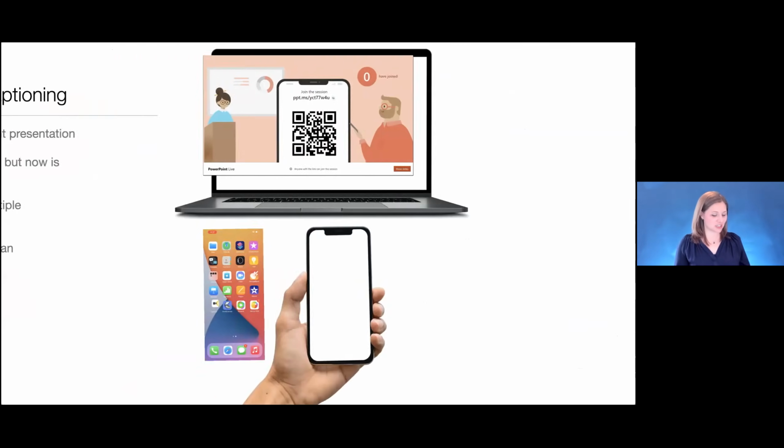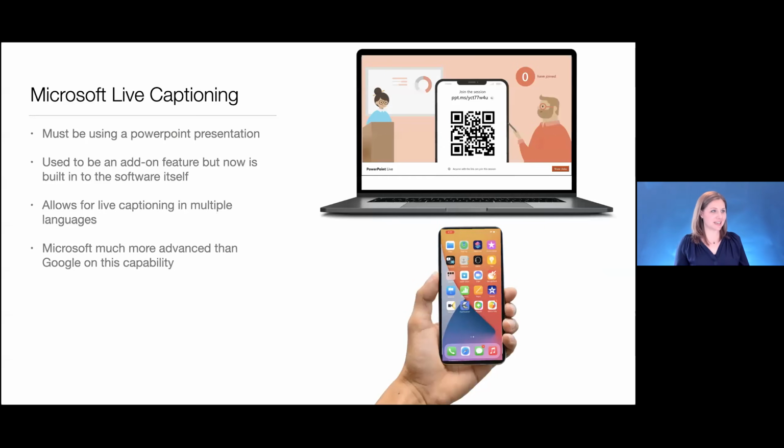And then the last one I want you to see before we stop for questions again and see what we're thinking is one called Microsoft Live Captioning. And I'm actually going to give you a chance to experience this one in a second. This is if you were having a parent information night and you had many different speakers of many languages in the room and you wanted to make sure they all were getting the same information.